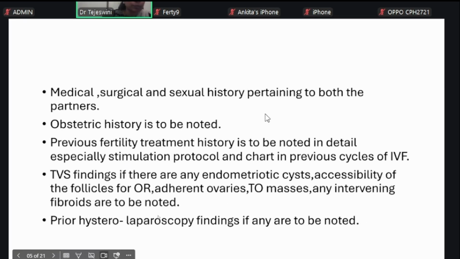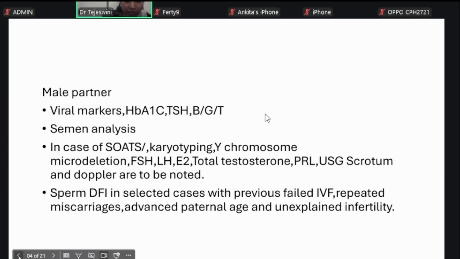So coming to the preliminary investigations which are to be done in the male partner, these include the viral markers, HbA1c, TSH, and blood grouping and typing. Along with that, the initial semen analysis parameters have to be noted pertaining to the concentration, the progressive motility, and the normal forms. In case of severe